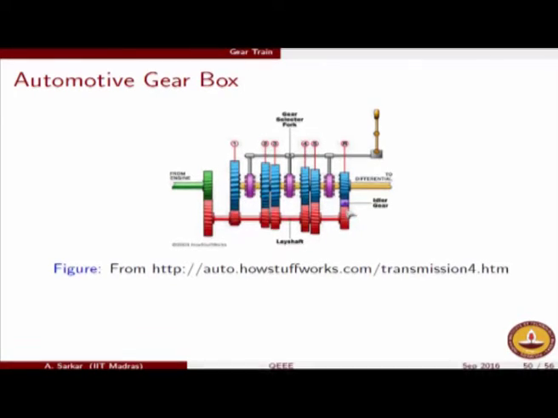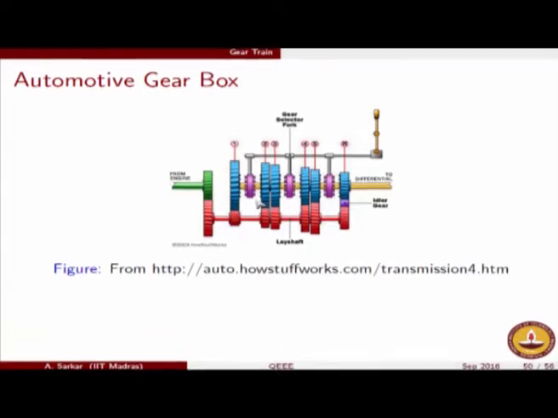Also please note the small idler gear that you see here in the last arrangement. This idler gear serves the purpose of reversing the motion. As you have seen in a simple gear train, an intermediate gear simply serves the purpose of reversing the motion. The red gear and the blue gear are again of the same size, but they are not in direct mesh; rather they mesh through the idler gear. Which means that only in the condition of reverse gearing will the output shaft and the lay shaft run in the same direction.